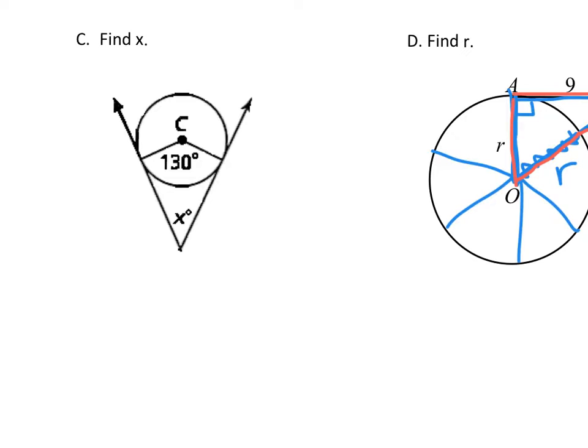Our last example here, finding X, a missing value here. If you look, there's a tangent here, and that is a radius. So in this whole four-sided figure here, what I would point out to you is that you should know 2 of the angles they didn't give you, because they're 90. So if you take, okay, this is a kite-looking shape,